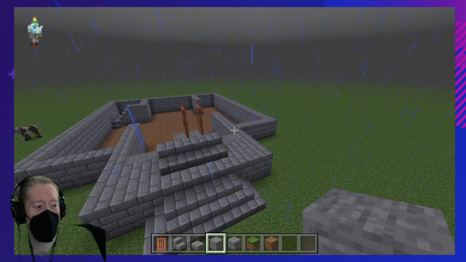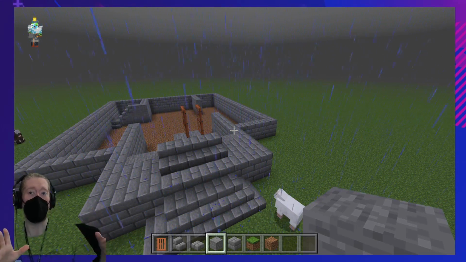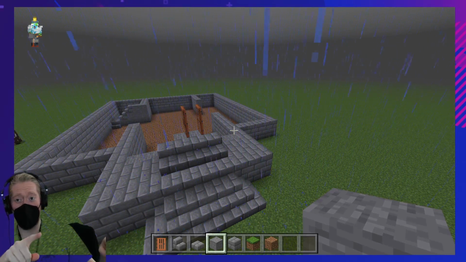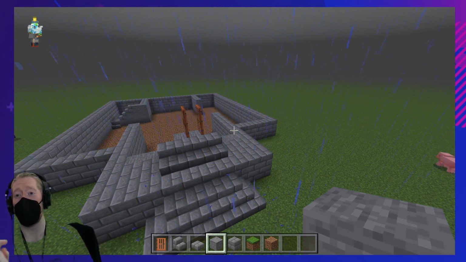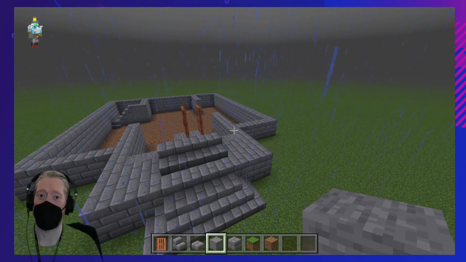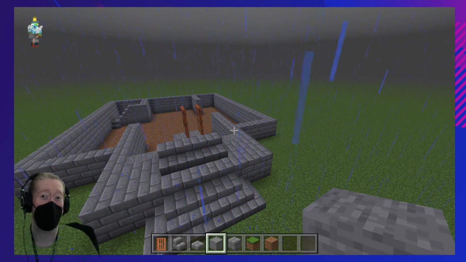And what I haven't done yet is on our website, I will post this starter template. So if you don't like what I did, download it. I'll have the Java or the Bedrock version. You can download this sort of starter floor plan, and then I'd love to see what other people are